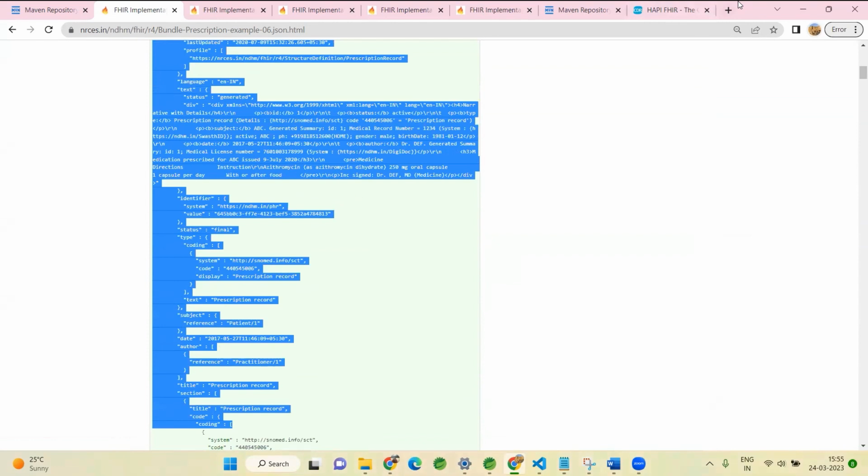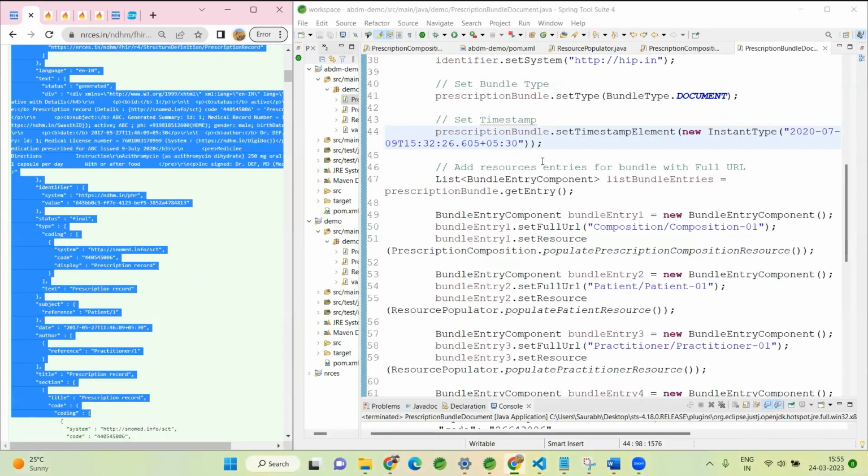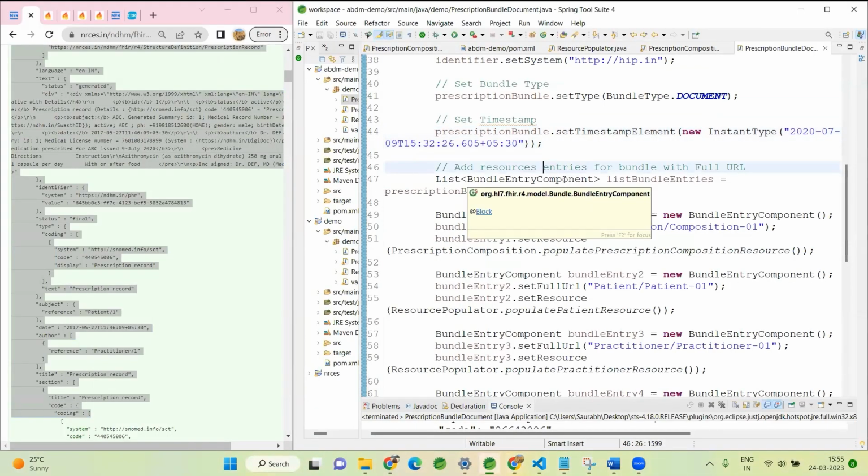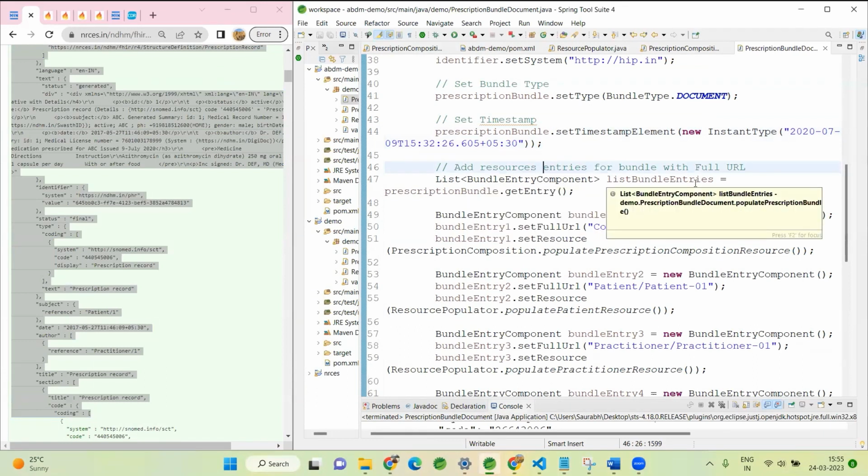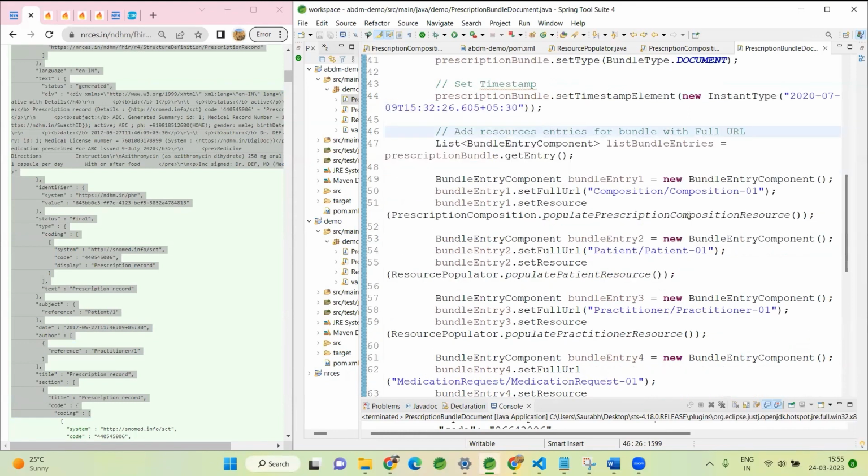So we are creating a list of bundle entry components, like we created earlier in the sections of the composition resource. There we created two sections for medication request and the binary. Similarly, we have to create the list of bundle entry components, and in each bundle entry component we have to